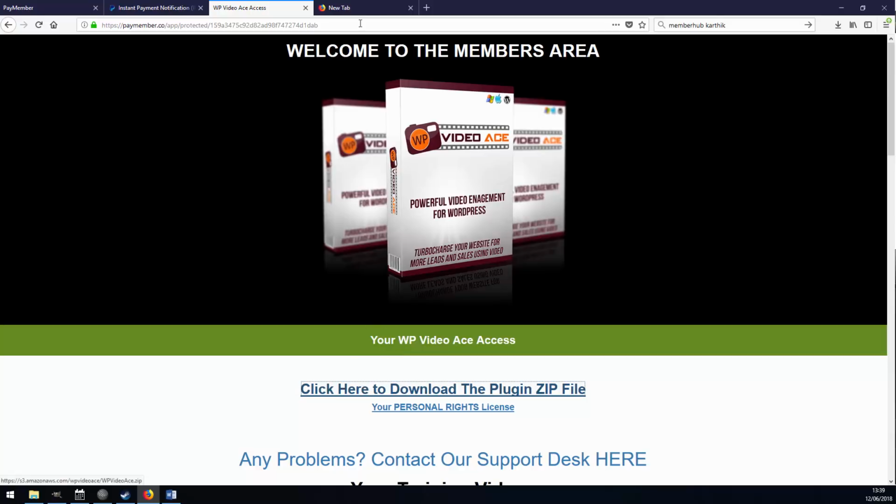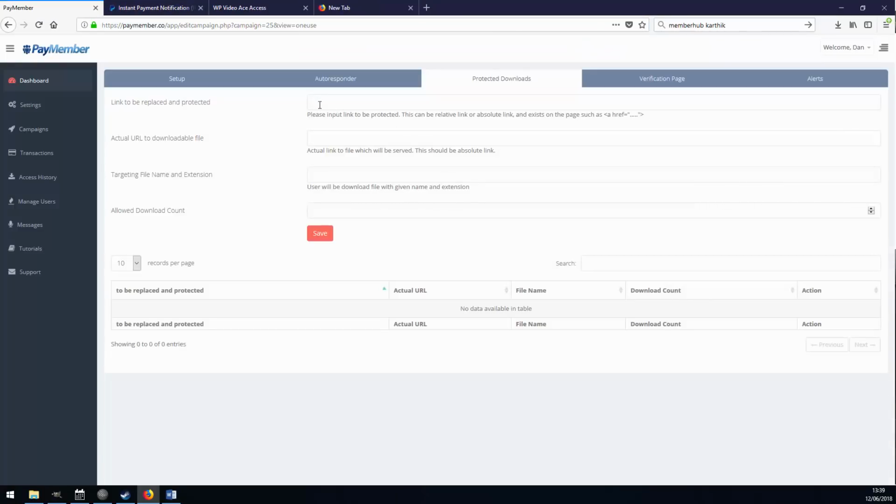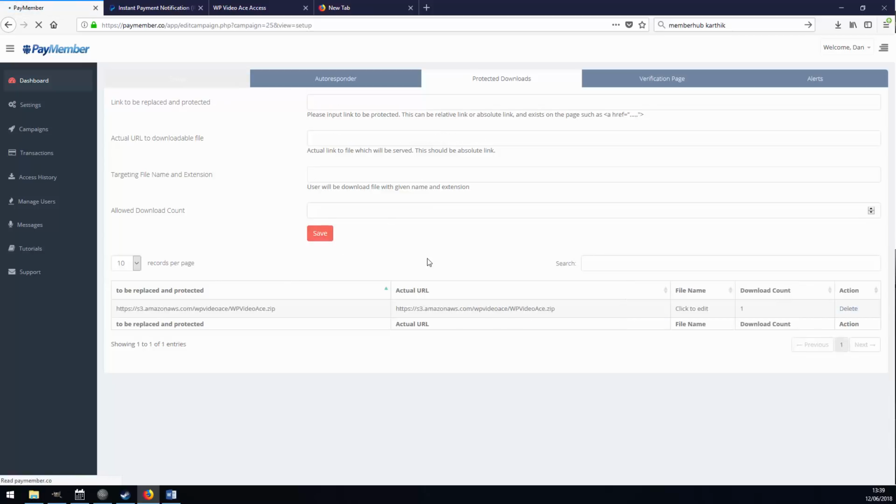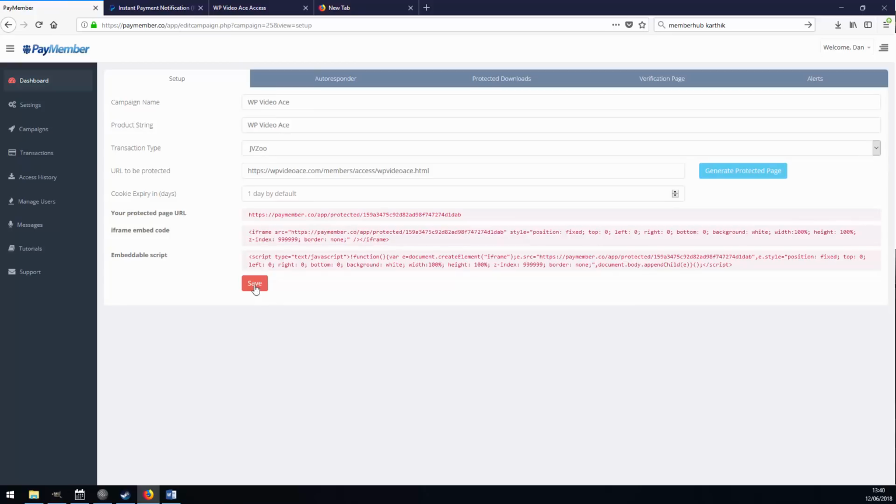All you need to do is copy the download link that appears on your page. So we go back to Paymember here. We'll just put it in here. We'll put it in there as well. We've got some other different options that you can configure with this, but I'll not go into them. We'll say someone's allowed to download it only once. We'll click Save. Then we go back to the page. So then we will just save these changes and then generate the page again. So if we open this up,